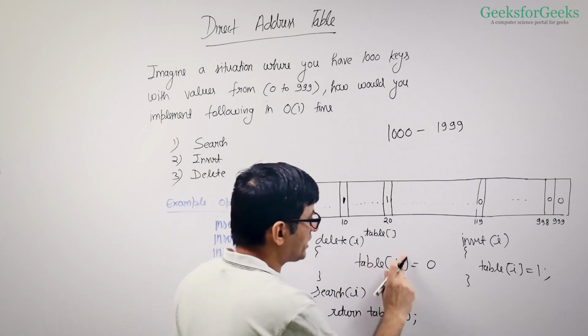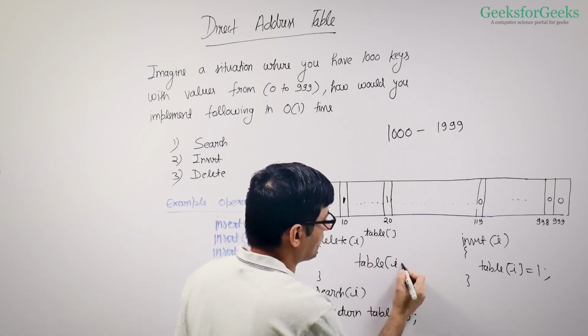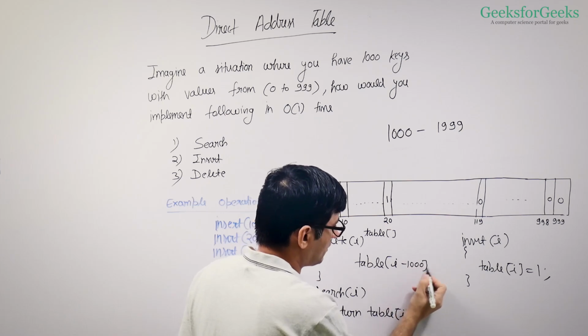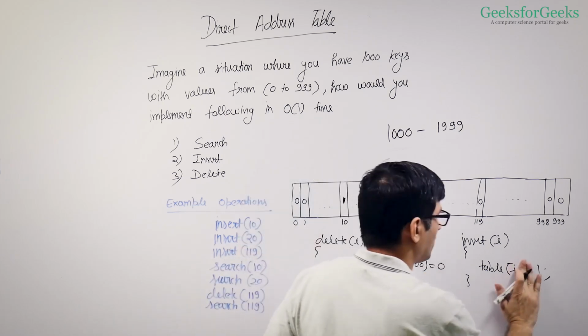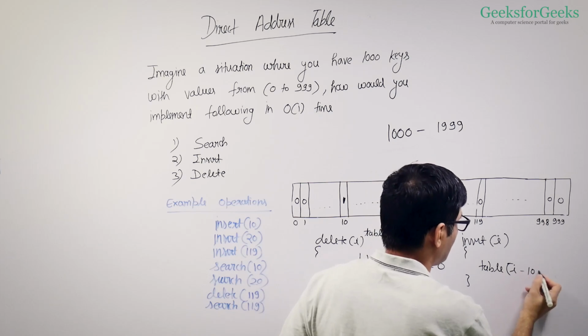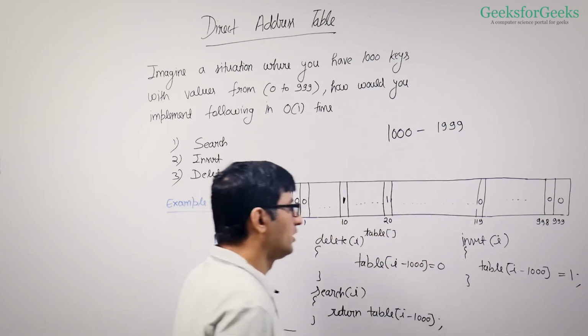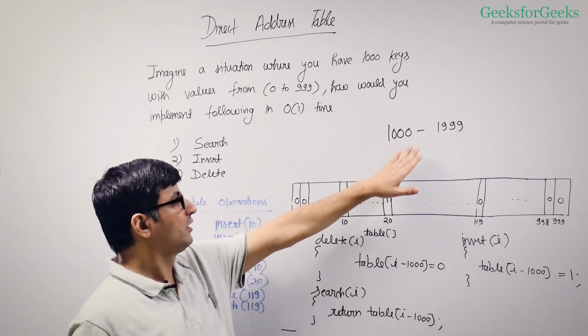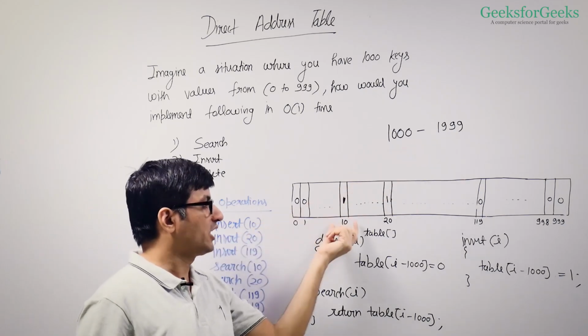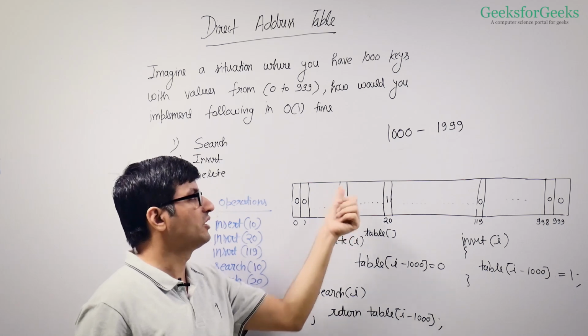What I'll do in this case, I'll subtract 1000 from all the values. That's how I'll be able to figure out whether the key is present or not. So if I am inserting 1010, that will be same operation as inserting 10 in the previous